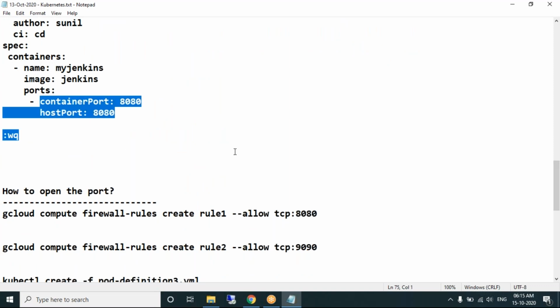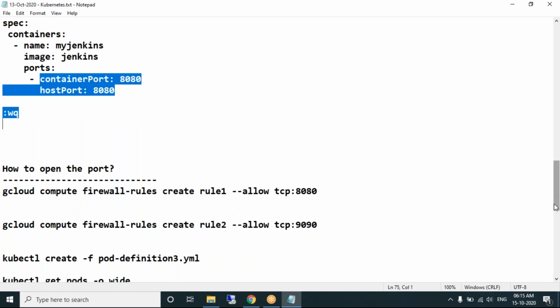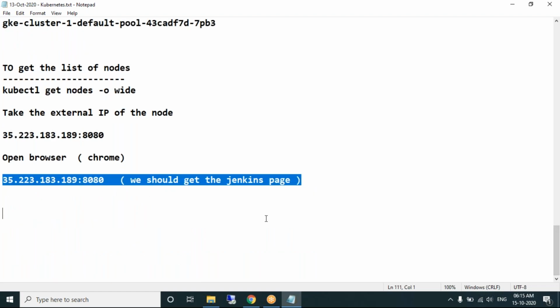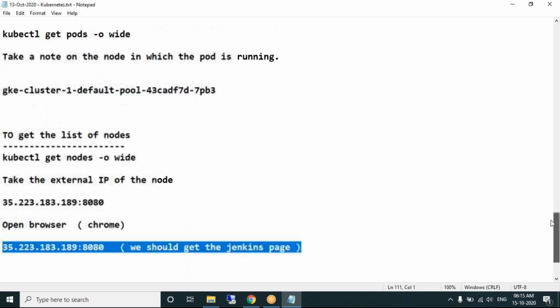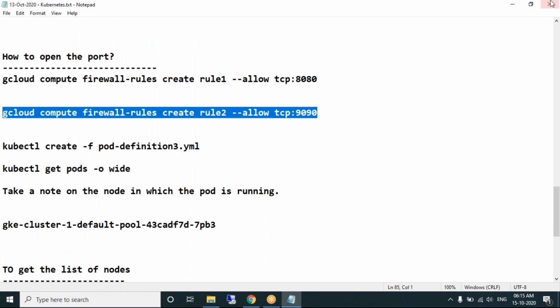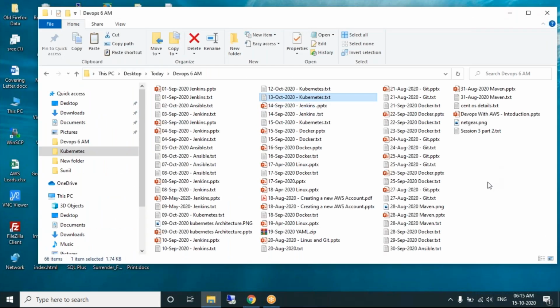How can we access the pod from the URL? We have created a Jenkins pod and accessed it. We have discussed how to access the Jenkins pod from the URL. We also have opened the ports. Okay, so this is what we have discussed in the last class. Let's have a continuation of the last session.